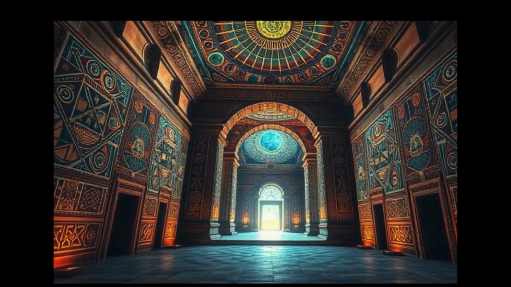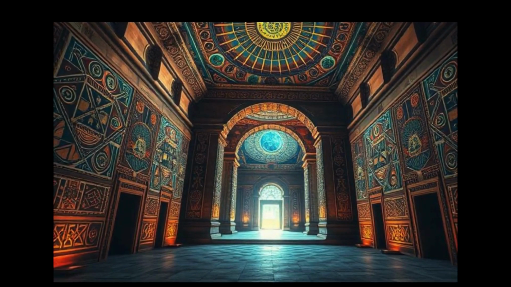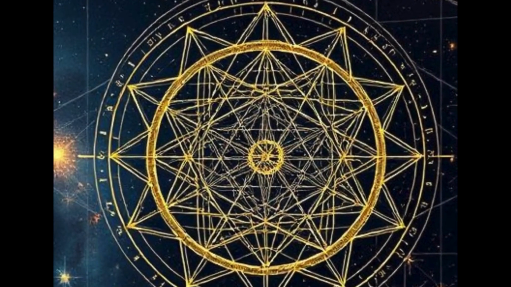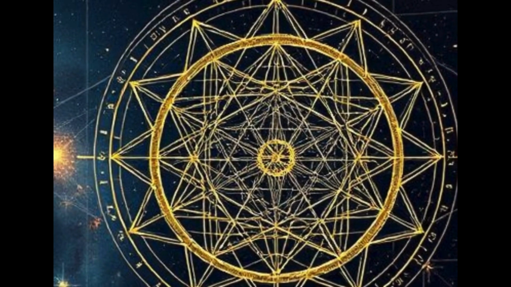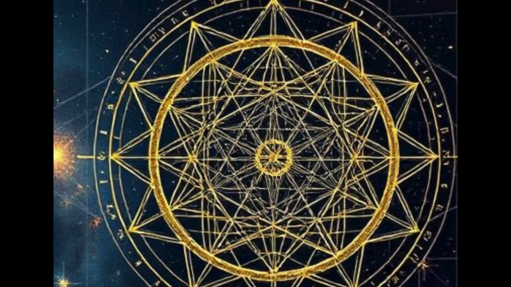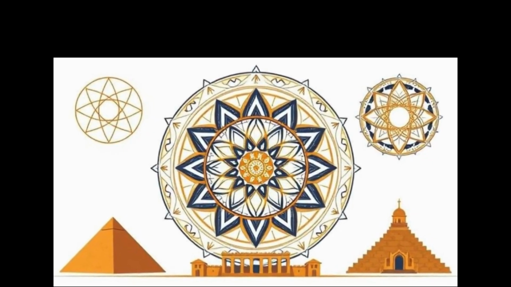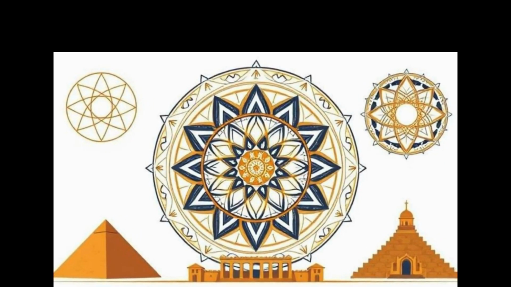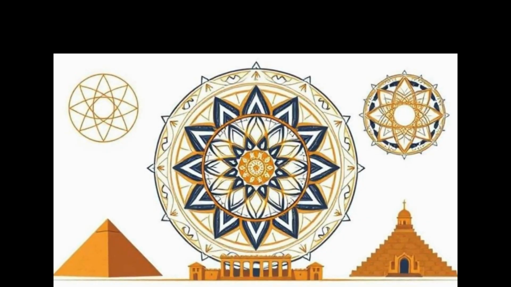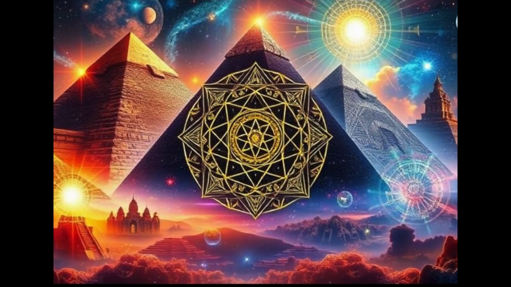People believe that these sacred geometries are like the universe's own sound frequencies or vibrations, ways that everything is connected and resonating together. When ancient builders used these patterns, they were tapping into the underlying energy or consciousness of the cosmos, creating spaces that align with these divine frequencies. Today, we still see this idea alive in art, architecture, and spiritual practices, reminding us that everything in existence is interconnected through these universal patterns.